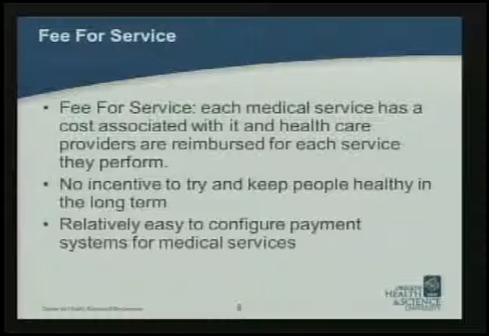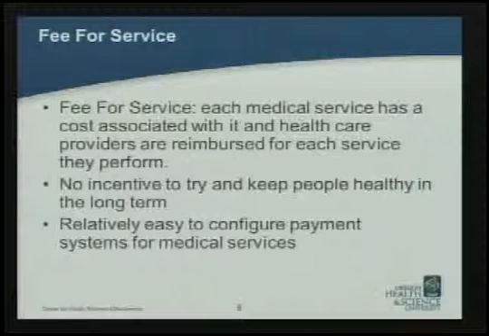Currently the predominant model that you see in many places in the United States is the fee-for-service model. That's to say there is some unit of healthcare service, or a particular thing that you need, and then someone is billed or reimbursed for that. I go into the doctor and say I have chest pains. The doctor says, all right, we're going to run these 3 diagnostic tests. At the end of the day, the health insurance provider, be it Medicare, Medicaid, or my employer-sponsored insurance, is going to reimburse that individual for the services they rendered.